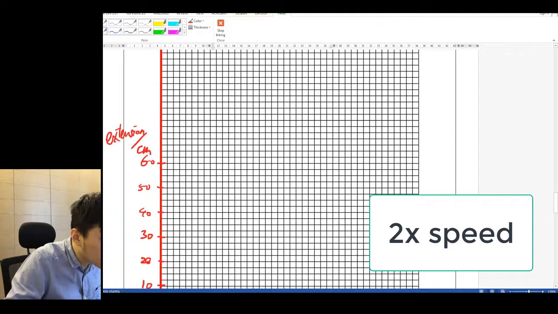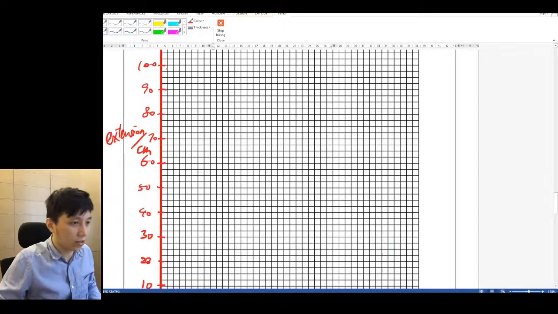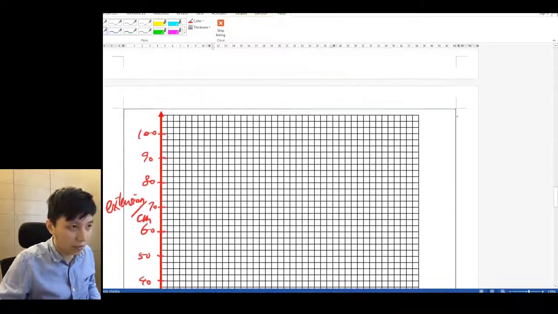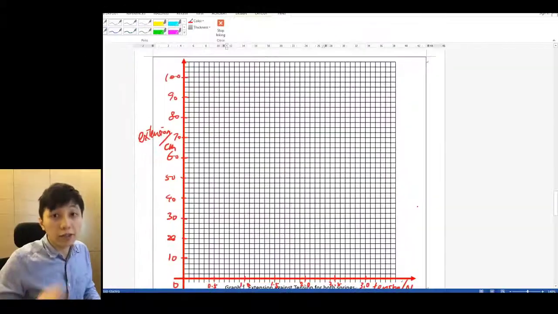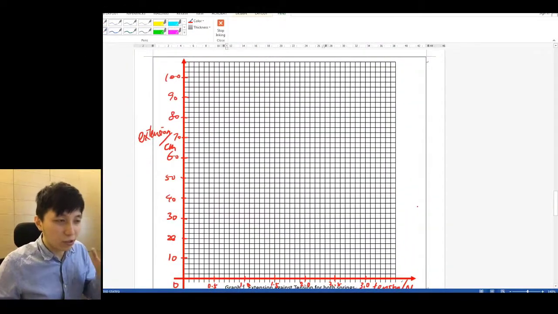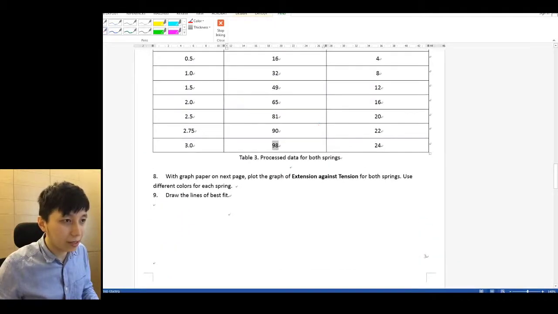60, 70, 80, 90, 100, and that's actually enough. Yeah, we are actually very good. Nice. Okay, so we have done the hardest part already, and we just have to now plot those data on